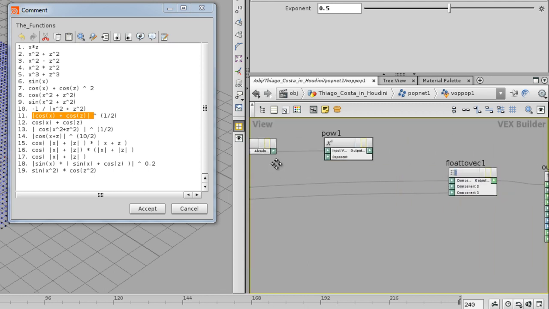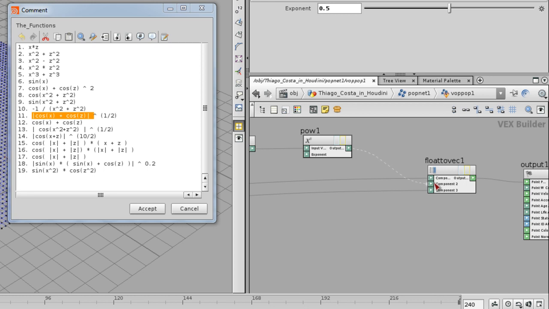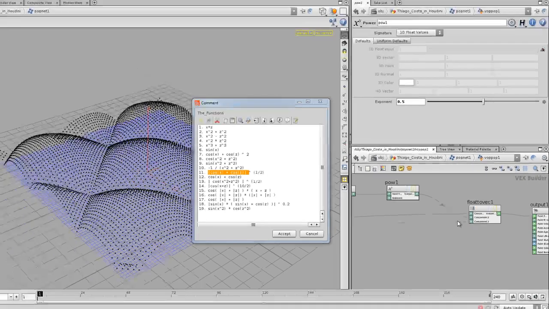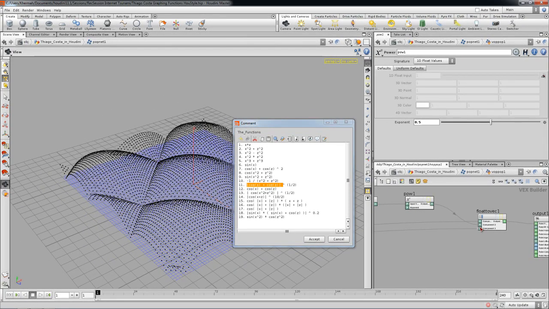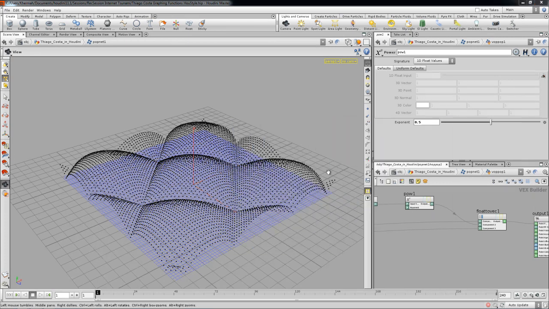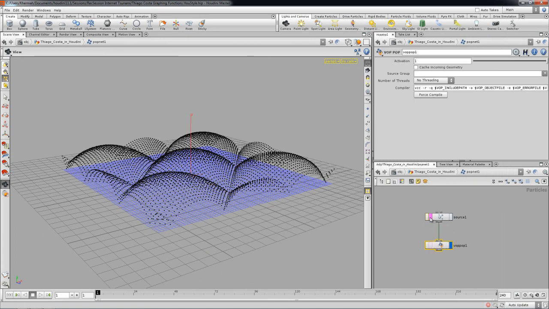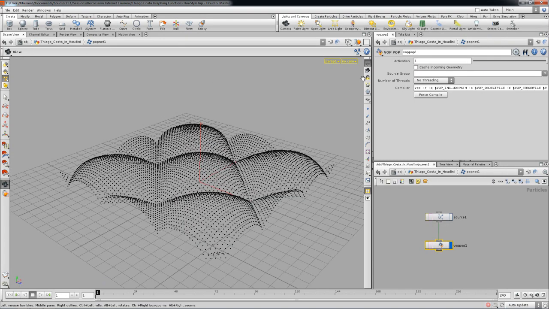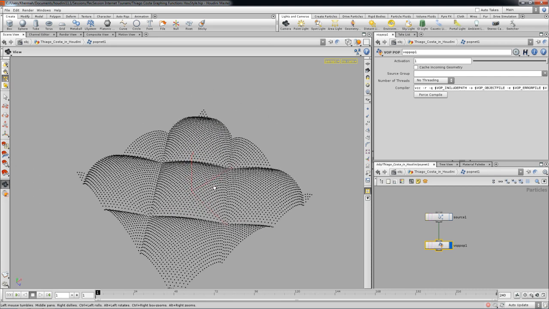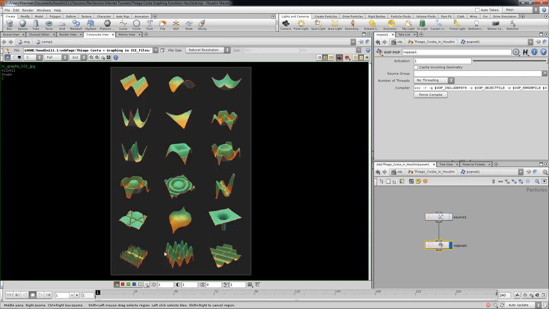Then pretty much that's it. All we gotta do now is actually just plug that into the y function over here, and as you can tell, we got some good looking stuff. I'm gonna go ahead and take out the grid, and you can tell what we got. So that's pretty much